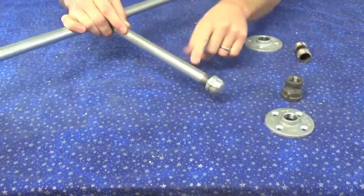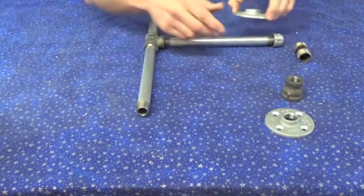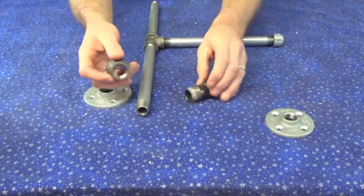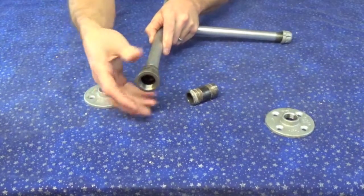You're finished with the handle now. Okay? The bottom, again, because I had to go to a 3/4 inch, I got to put a reducer on there. Again, the reducer that I had laying around with this extra little piece of pipe. So the reducer is going to go on the bottom, or actually,